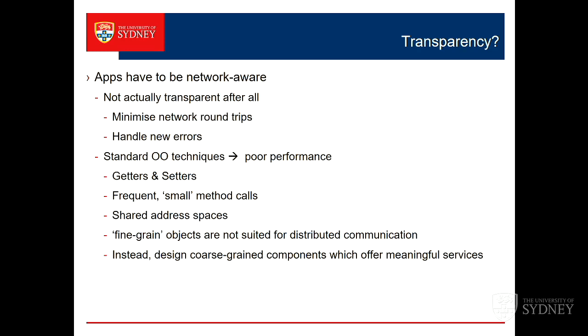So very fine-grained, small objects, very small method calls are really not a very good design principle. Even though they're a common OO design model, they're a really bad design model if I'm going to do it distributed. What instead I want are nice, meaningful, coarse-grained chunks. The transfer this money from that account to that account, complete operation. Not do this little bit, do that bit, check this, check that. The client should be calling on the server to do a large, meaningful chunk of work. So therefore I'm minimising the number of round trips.